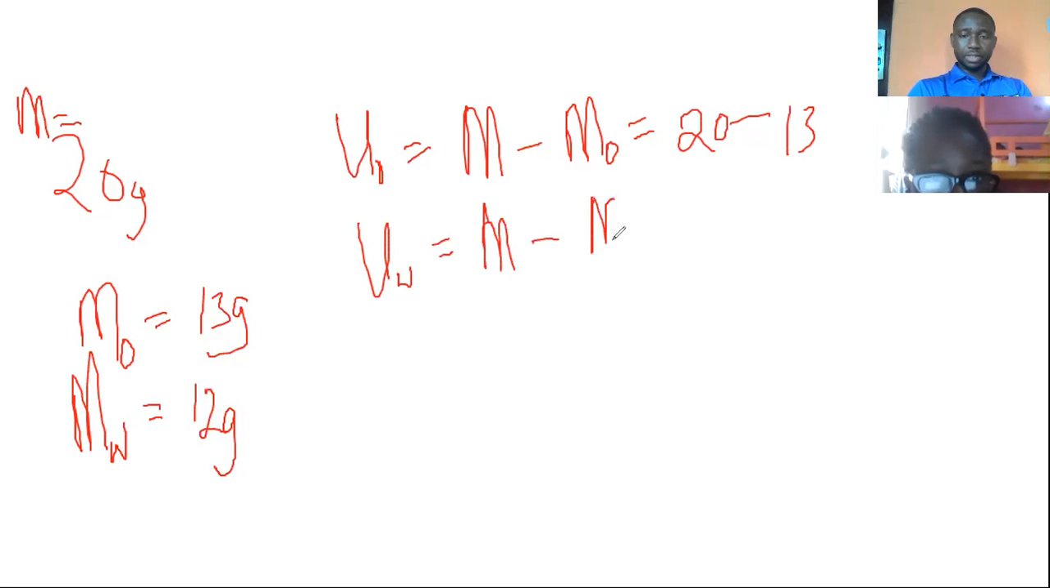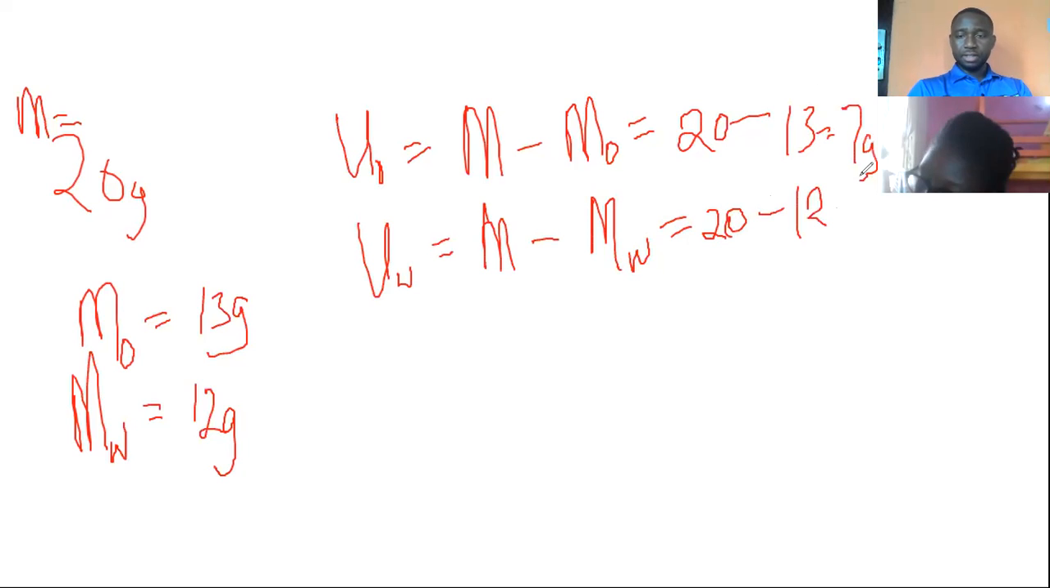the M minus the MW, which is equal to 20 minus 12. Okay, 20 minus 13, it's 7 gram, right? And this is 8 gram. So that means that the relative density,